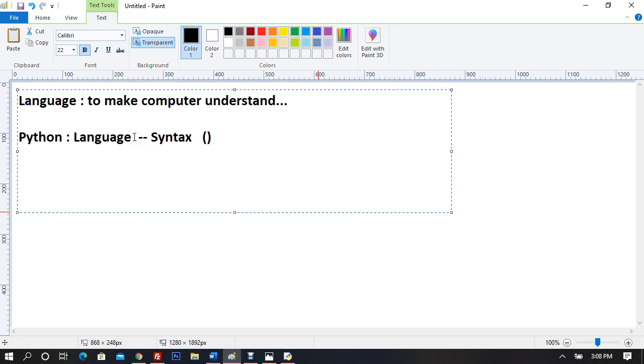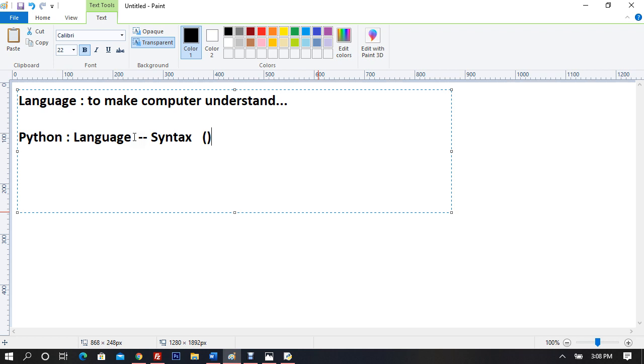Now, why Python? As I said, if you see TIOBE, Python is the most popular, most in-demand language. And it's the easiest. Number one, the reason Python is very famous is that it's very easy. Is Python new? No, Python is not new.